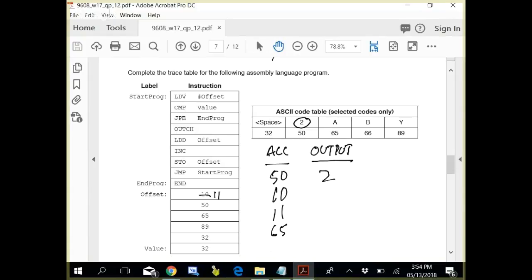So it would be A this time. That is how it would work. Then it will increase and make offset 12. It would go to 89. Then offset 13. It would go to 32. There it matches and gets out. All right. Now it is relative addressing.